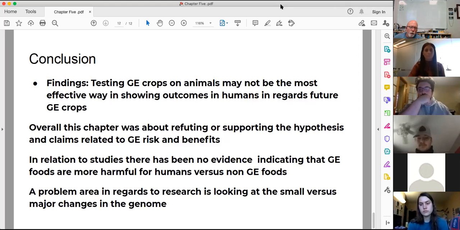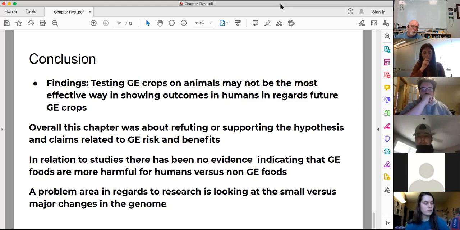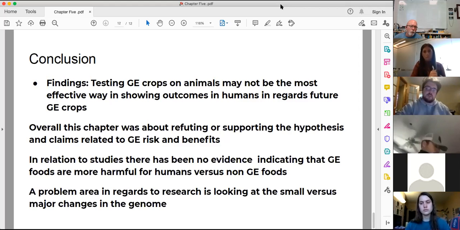One of the things that I want you to be prepared for that I don't think you addressed particularly well in your presentation is that you brought up the issue that animal testing is not necessarily the greatest way of testing for these health effects. But you didn't really go into a lot of the methodology of what the report did to work around these things. They used a couple of techniques of looking at data